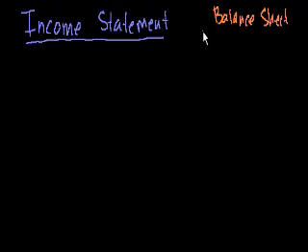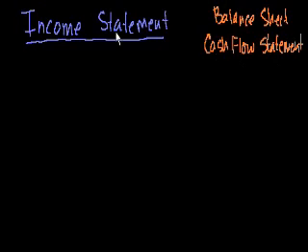And of course the last one, well, it's not of course if you don't know it, is the cash flow statement. And we'll focus on that a little bit later because that's a little bit more nuanced relative to the income statement. So the income statement is literally just saying how much a company might earn in a given period,